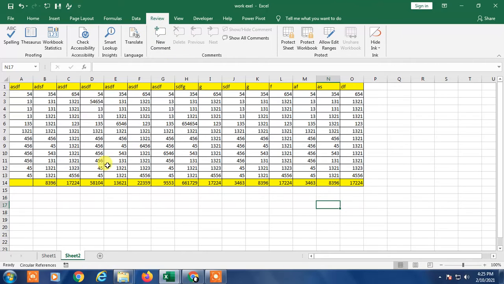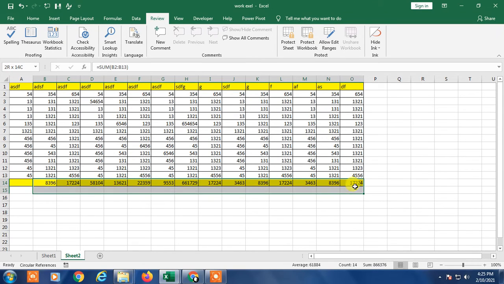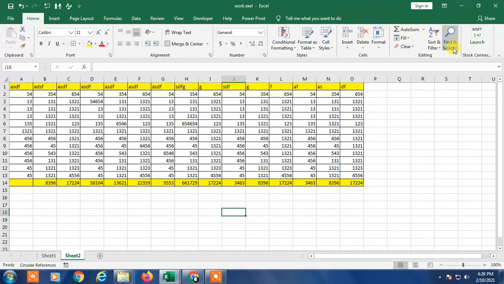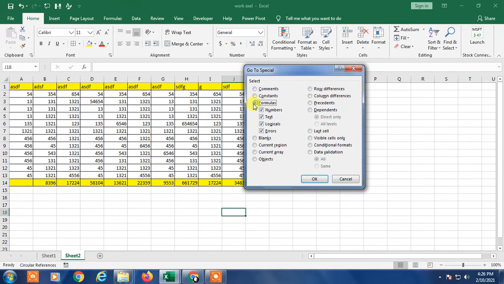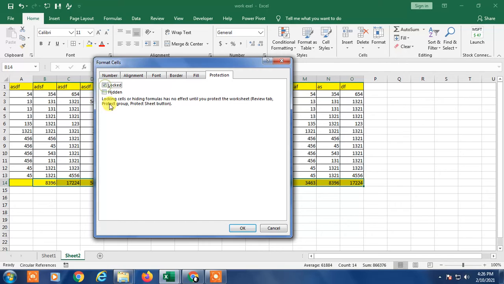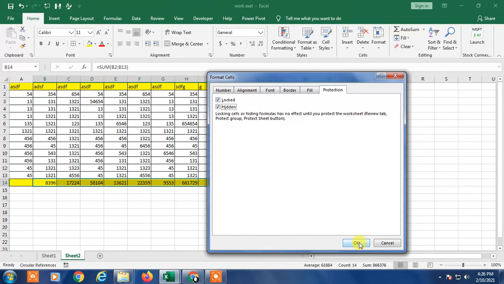Now I'm going to show you how you can lock cells, and I have to lock the formula cells, and even you can hide the formula from here. So you can select manually which cells have formulas, or if you have used data, you can go to Home, go to Find and Select, go to Special, and here you can select Formulas. Then only the cells which have formulas will be selected automatically. Okay, now right click and go again to Format Cells, and here you can go to Protection and lock the cells, and here you have to click on Hidden, and you can click OK.